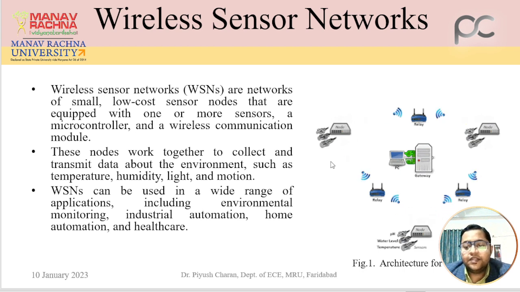So as you can see here, this is the basic architecture of a wireless sensor network, wherein it says wireless sensor networks are networks of small, low-cost sensor nodes that are equipped with one or more sensors, a microcontroller, and a wireless communication module. These nodes work together to collect and transmit data about the environment, such as temperature, humidity, light, motion, vibrations, and many others. WSNs can be used in a wide range of applications, including environmental monitoring, habitat monitoring, industrial automation, home automation, and